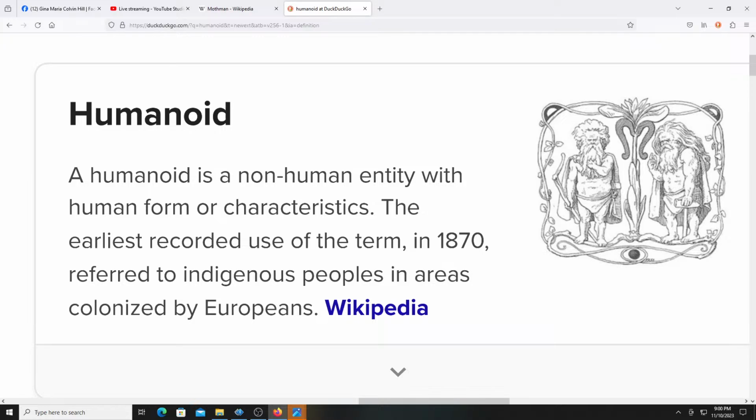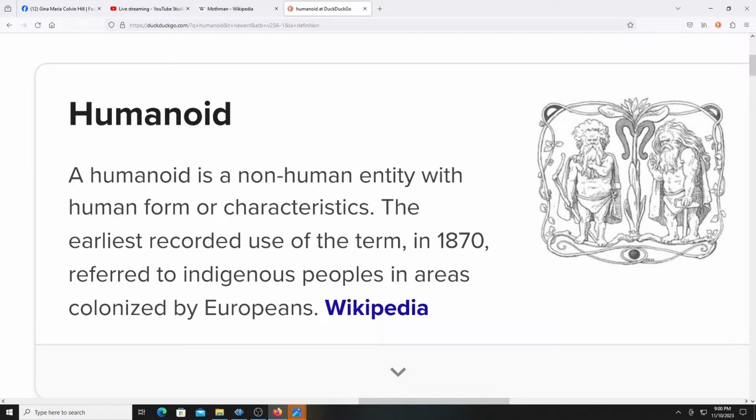The earliest recorded, there's that timestamp again, 1870. After that, they have like a mud flood. Remember, history got wiped out. We had a mud flood. Referred to the indigenous peoples in areas colonized by the Europeans. They look like gnomes. They look like dwarfs. Something with two arms and two legs, a body and a head. They got the Moth Woman. Including 1870 is when it was.